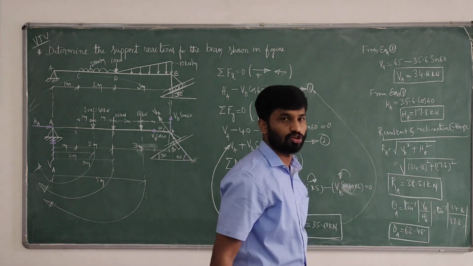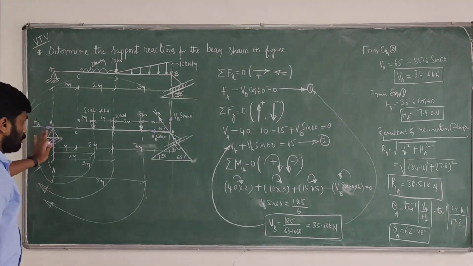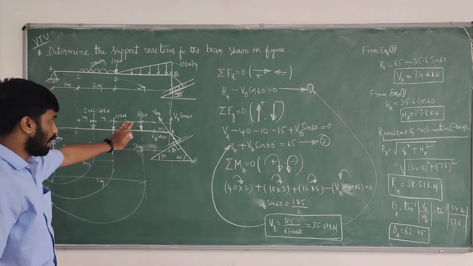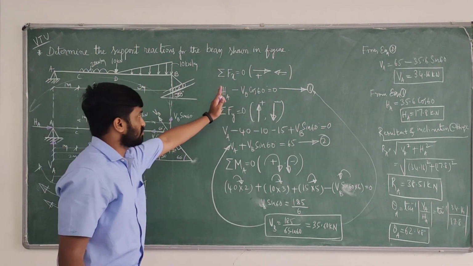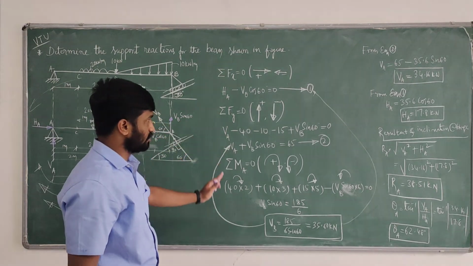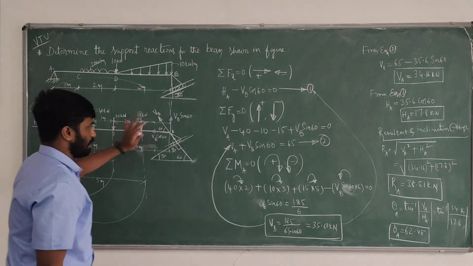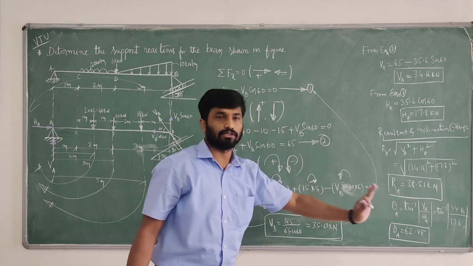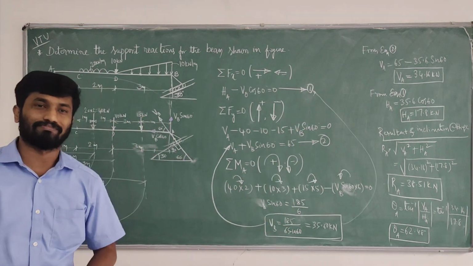Resultant at hinge A support. So the very first step is to write the free body diagram. If it is an inclined support, drop a perpendicular and find the angle, and convert all distributed loads into point loads. Then apply sigma Fx equals 0, sigma Fy equals 0 and sigma M equals 0. Determine the unknown reactions HA, VA and VB. Finally compute the resultant at hinge, RA and theta A. This is regarding these kinds of problems. Very important problem. Thank you.